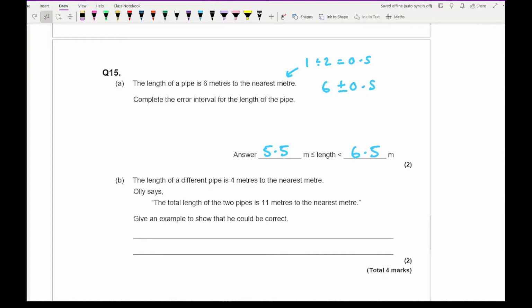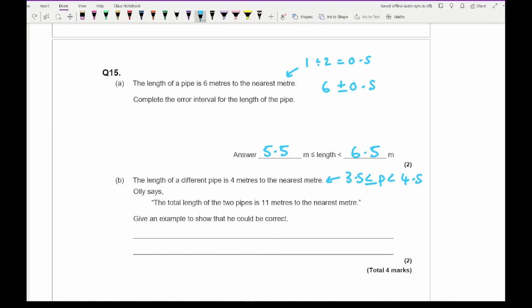Then working with question B, it says that the length of a different pipe is 4 meters to the nearest meter. Ollie says that the total length of the 2 pipes is 11 meters to the nearest meter. Give an example to show that he may be correct. So let's first of all have a look at this. So the limits, or the bounds, of the second pipe are going to be 3.5